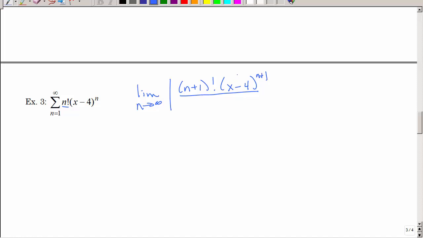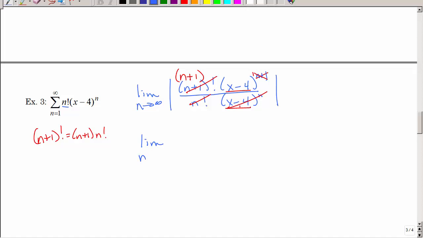Since we don't have a fraction, I just have the n plus 1 term divided by the nth term. Okay, I should be able to reduce that. Remember again that n plus 1 factorial is n plus 1 times n factorial. So what that's going to leave me is n plus 1 on top. These have the same base, so I can keep the base and subtract the exponents. And so that's just going to leave it to the first power. So what I have here is the limit as n approaches infinity of x minus 4